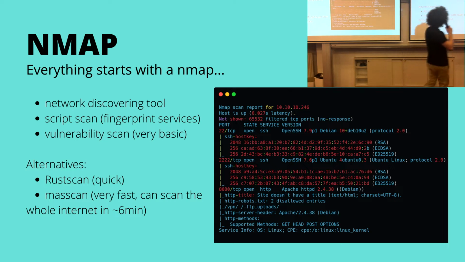So here's the output of an Nmap scan. This is a hacked machine, so totally legal. Here you can see port 22 is open, running SSH, OpenSSH 9. It also tells us it's running on Debian, so it's a Linux distribution. We have 2222 also running SSH, but a different version, and the fingerprint tells us it's a different